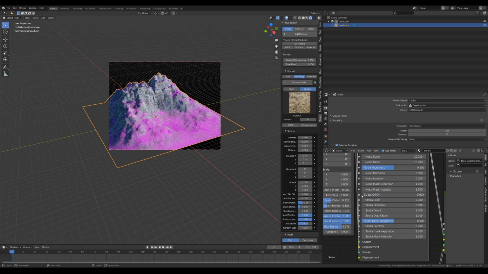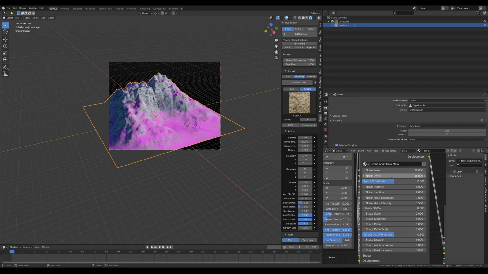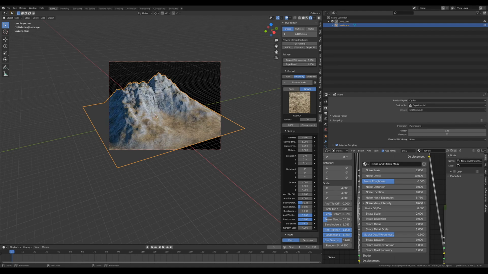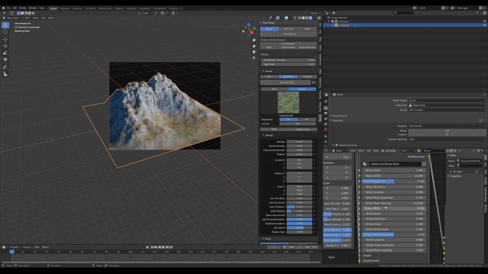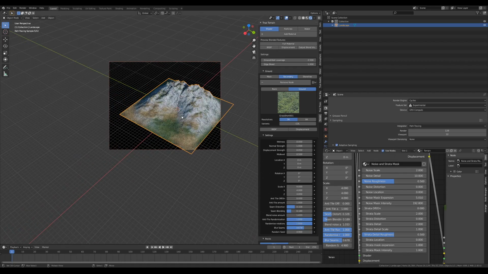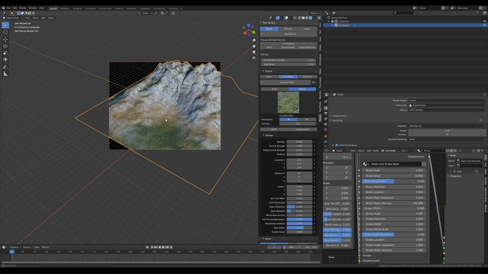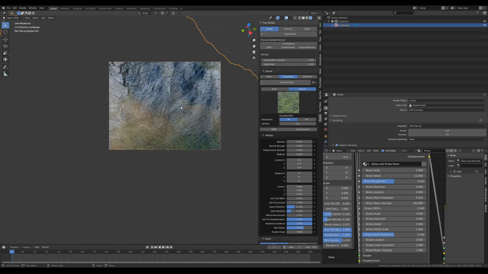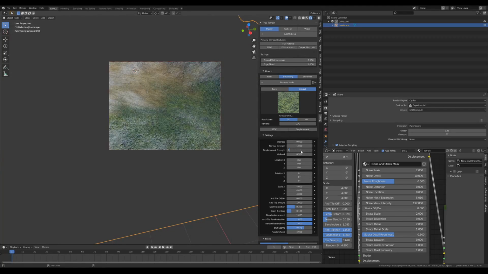So we can turn off our strays on the noise and strata mask, and we're just going to scale that to like 2 and increase the mask expansion amount, and then just increase the intensity of all of that. And we're just going to pick a second material, and it's going to be the green grass. And we can see that we've now broken up the primary ground material. But I want to talk to you also about the